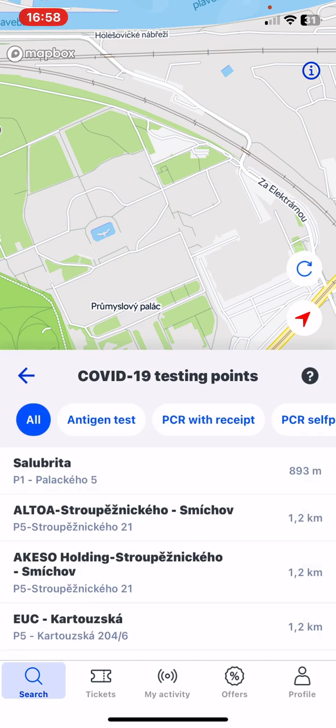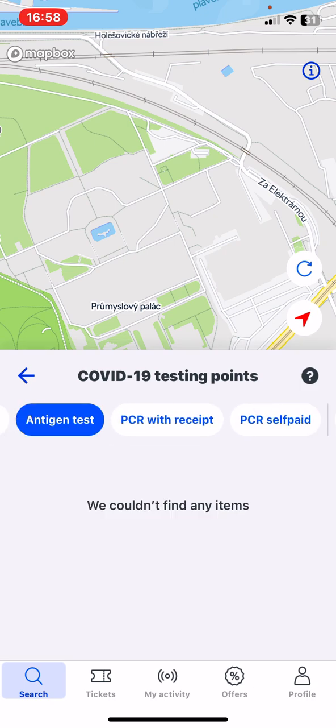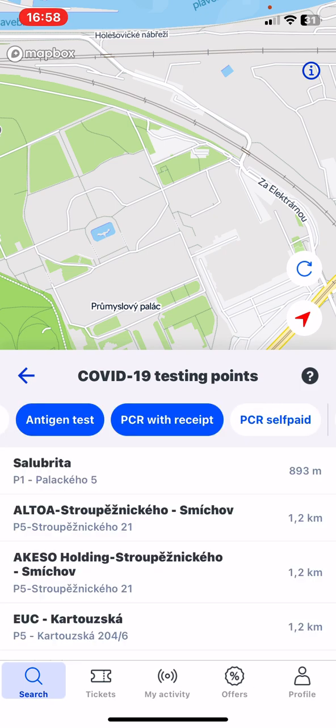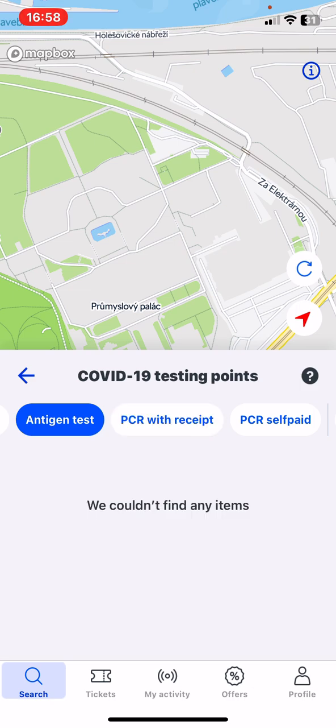And as you can see, you can choose if you want to do an antigen test or PCR. The self-paid option is available, and you can do it with or without reservation. And there's a drive-in option as well, so if you want to search for any of these, just click on them, but you might have this